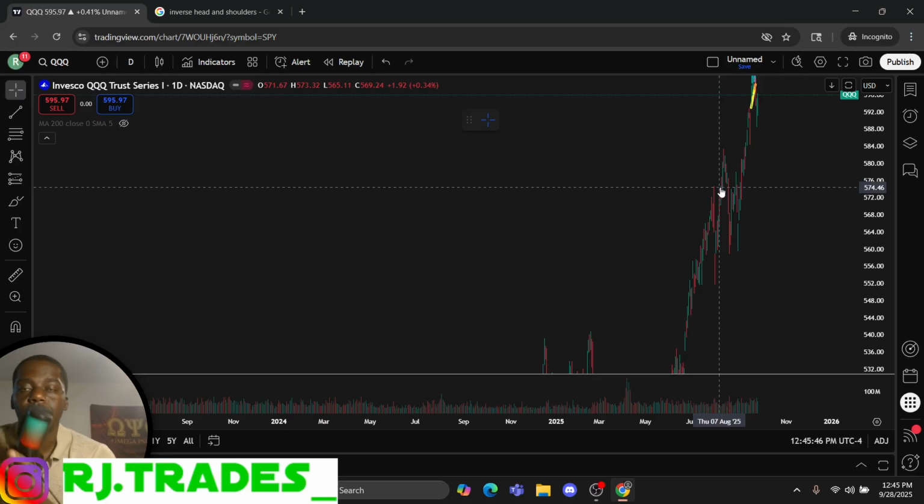When you have your flags, your pennants, your head and shoulders, inverse head and shoulders, you want to play the patterns that align with the overall market. If the market is at all-time highs, don't be looking for no bear flags. Don't be looking for no head and shoulders. Don't be looking for no bear pennants. Try to stay with the overall market. The trend is your friend to the end. Which I say, period. The trend is your friend to the end. All right? Trend is your friend, okay?